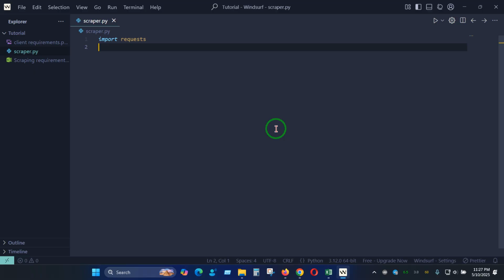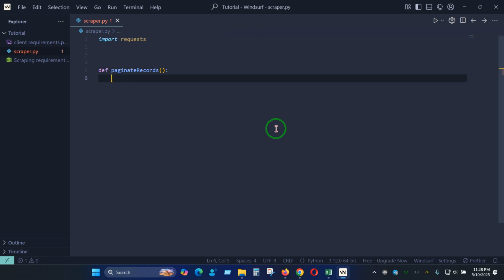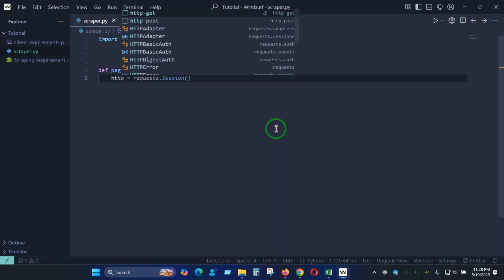And if you understand object-oriented programming, you can create a class, and then inside of this class, you can create a function, I mean method, and then you can easily do that. But to keep it simple for any newbie who is looking into this video to understand how web scraping works, I'm going to keep it as simple as possible. So I'm going to create a function named def, let's say pgnh records. Okay, so inside of this we are going to make a get request,